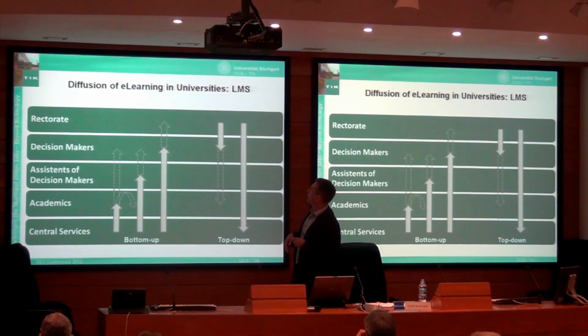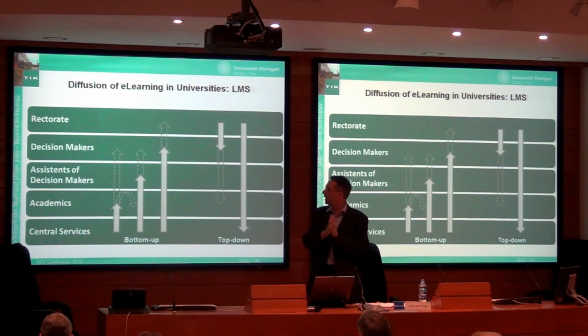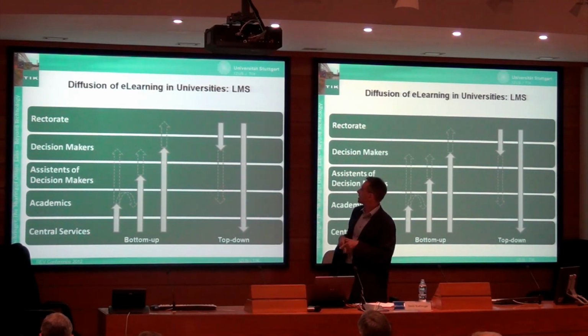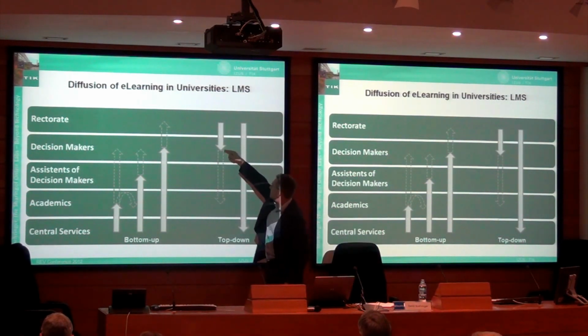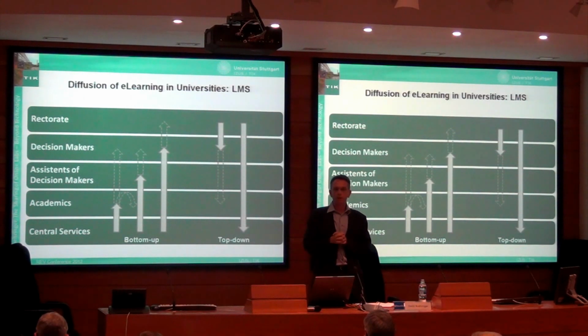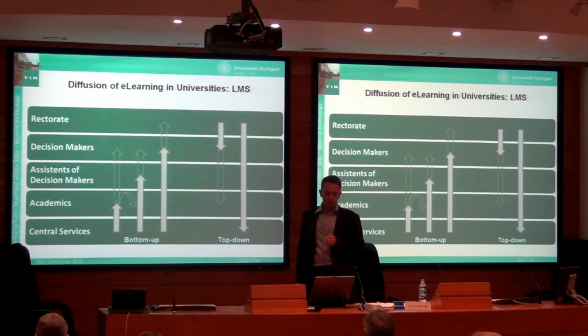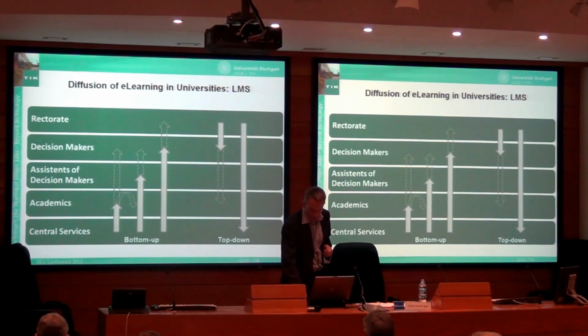Now the second possibility is that it comes from the rectorate top down. Often the Vice President for Education decides this, tells the deans, tells the central services to provide the infrastructure, and if something like that happens, the development is much faster. Now the situation for